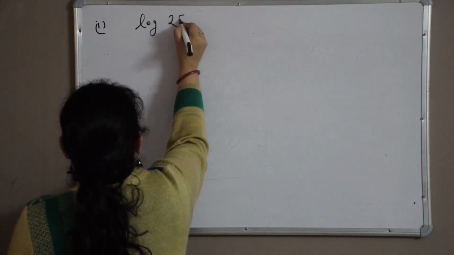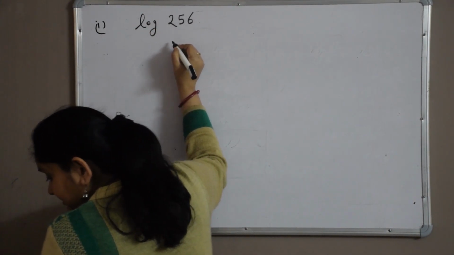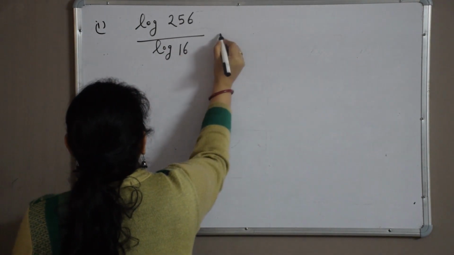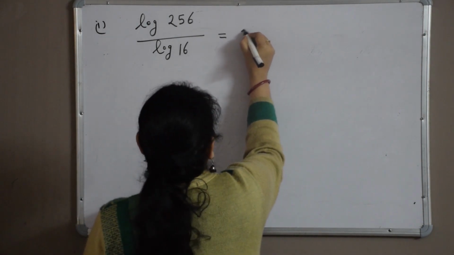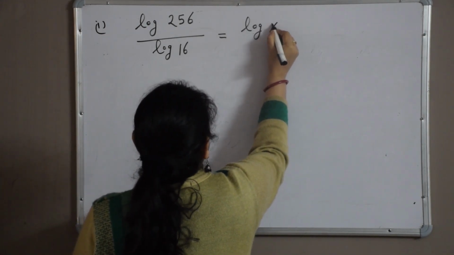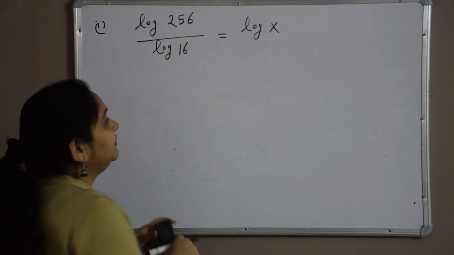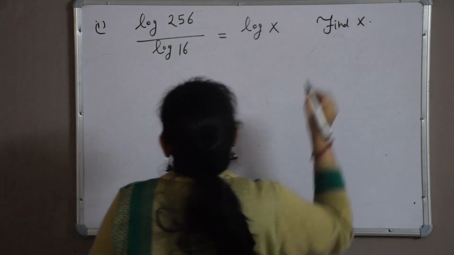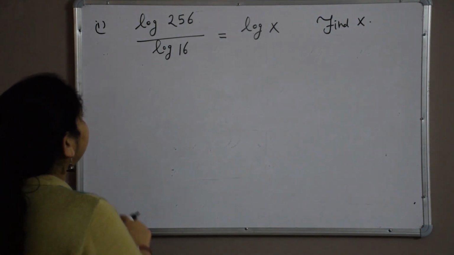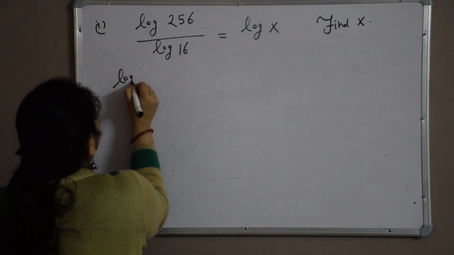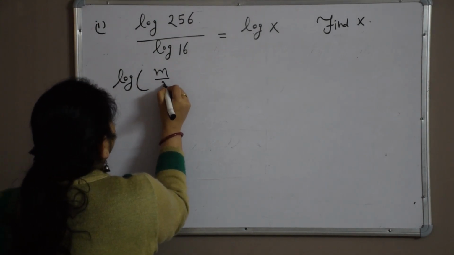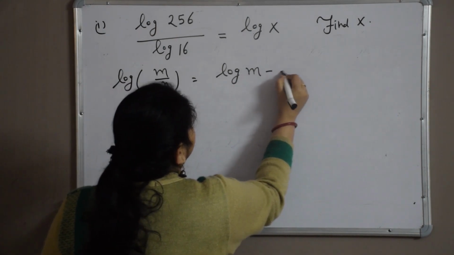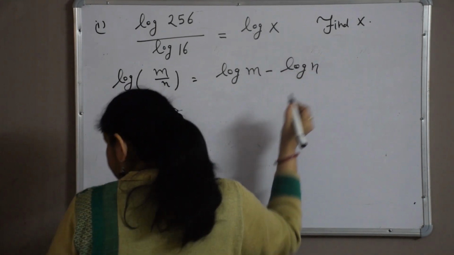log of 256 divided by log of 16 is equal to log of x, and we have to find the value of x. See, we know the property log of m by n is equal to log m minus log n, but